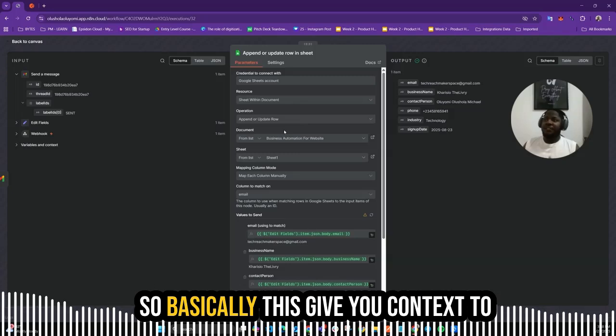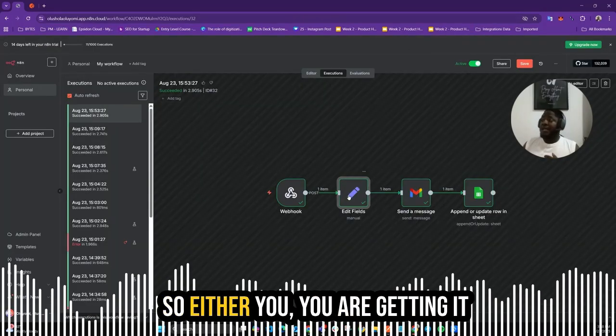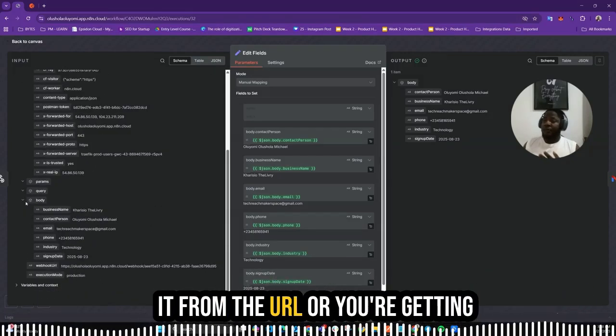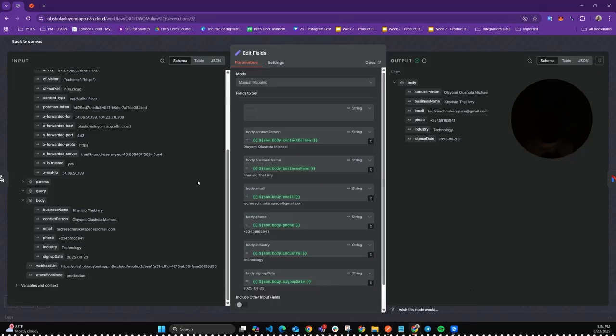So basically, this gives you context on how you could use data generally. Either you are getting it from the body, or you are getting it from the URL, or you are getting it from the param. All should work. Okay,